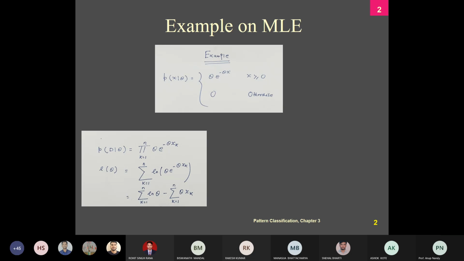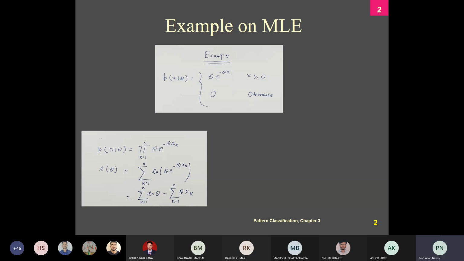As in the last class we have already told you, doing this likelihood function or the log likelihood function, the result is the same. We are going to have the log because the logarithm is a monotonically increasing function, and it is for the analytical perspective, so we are going to use it. So you need to have the L theta. Now what will be the L theta?